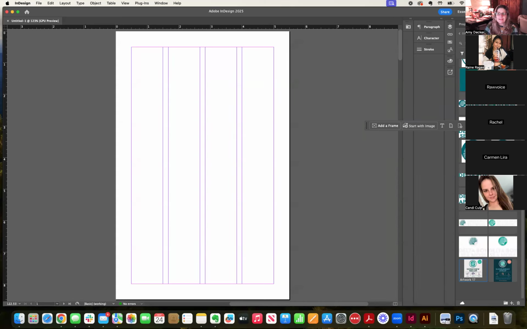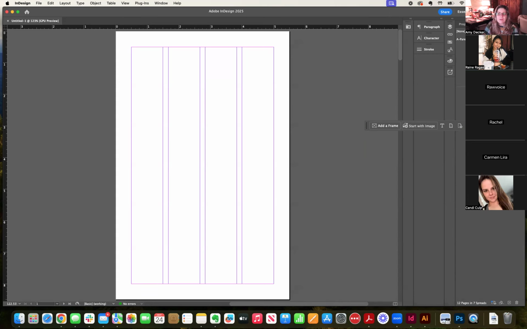So here we are in InDesign. I'm going to go ahead to the pages. So here's our pages. And the way this works is,